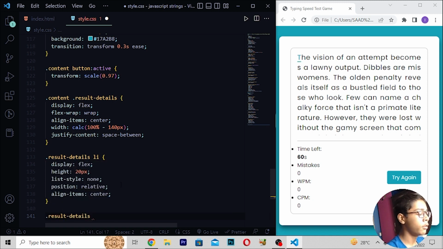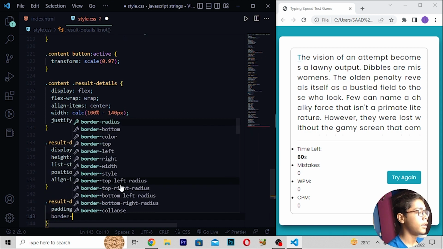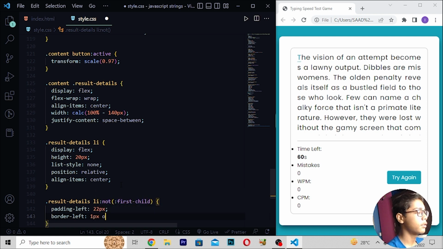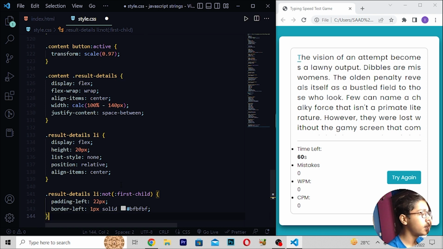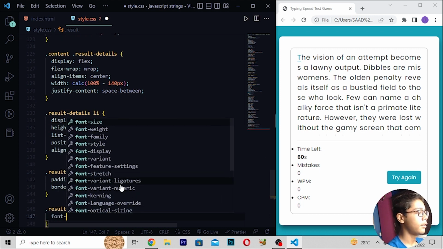Then I will be moving forward, right here li not, then I will be writing here first child. Here I will be writing padding left 22 pixel, right here border left 1 pixel solid. Then I will be writing here BF. Then I will be now moving down after this tag, right here dot result details li b tag, right font